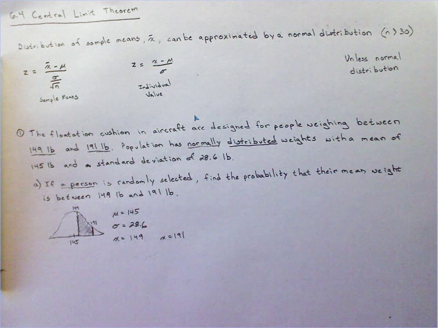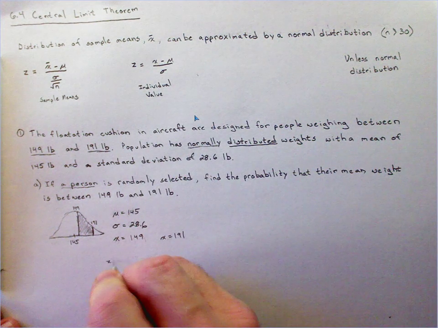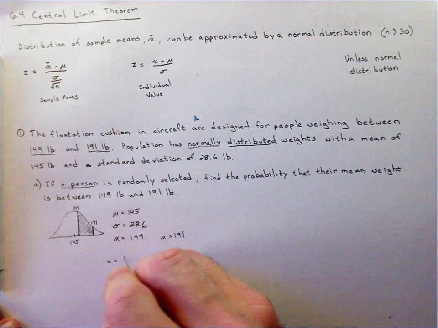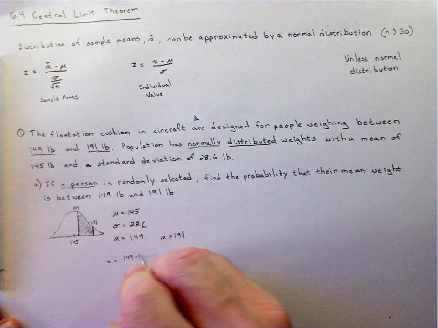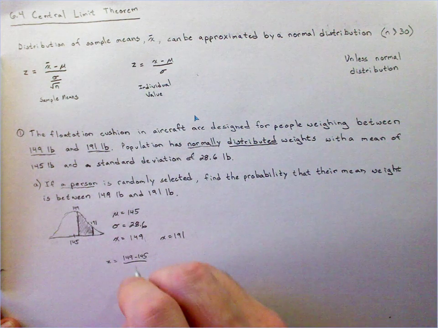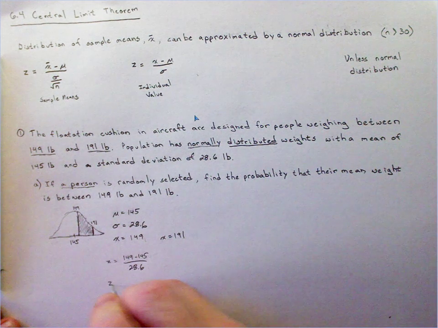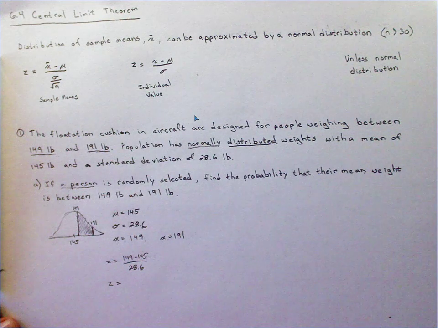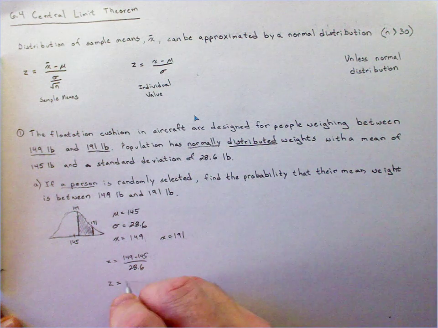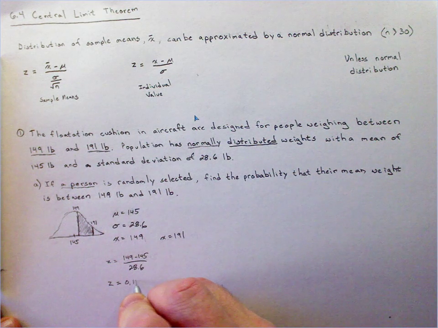I'm going to end up finding two z-scores for this, and I'm going to use this as my formula. So z equals 149 minus 145 divided by 28.6. So 149 minus 145 divided by 28.6 gives me a z-score of 0.14,